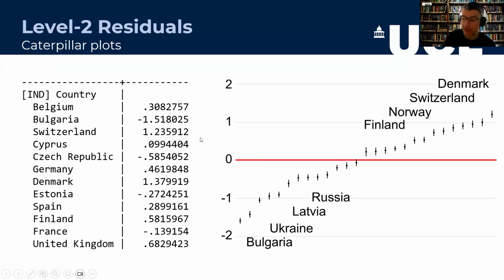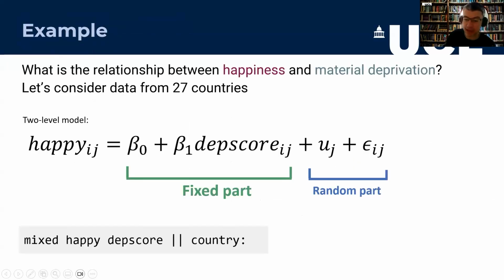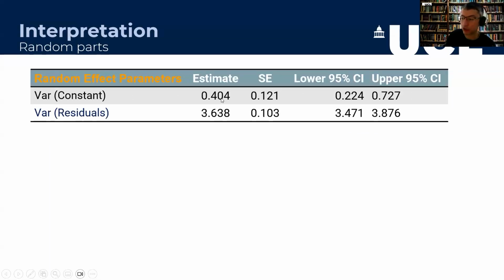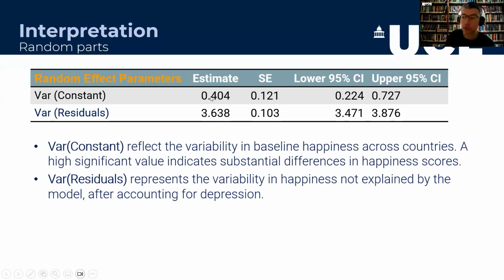So if you had a variance here with estimates very close to 0, that would suggest that these countries don't really differ too much on their average level of happiness. Whereas when we have higher values of the variance at level 2,